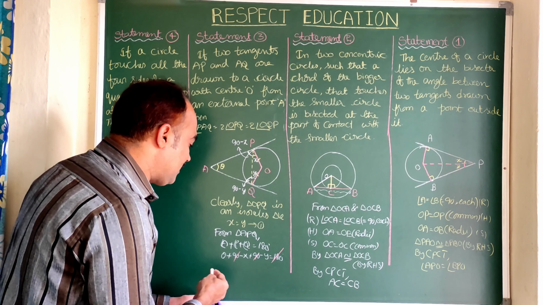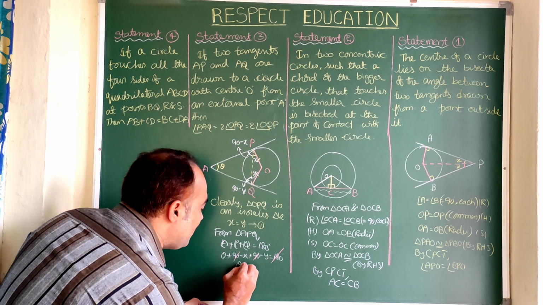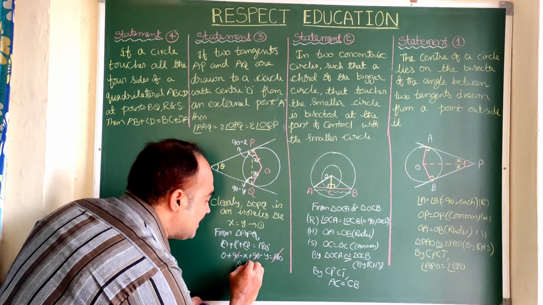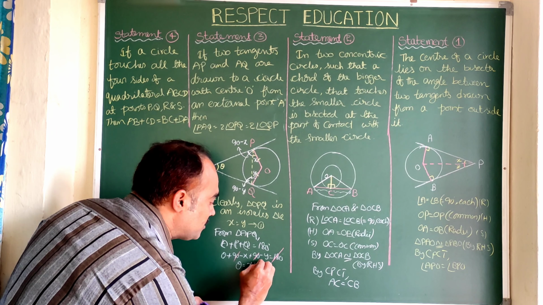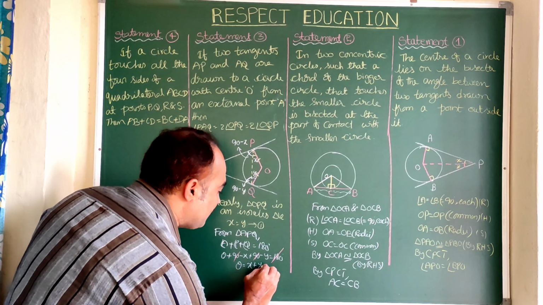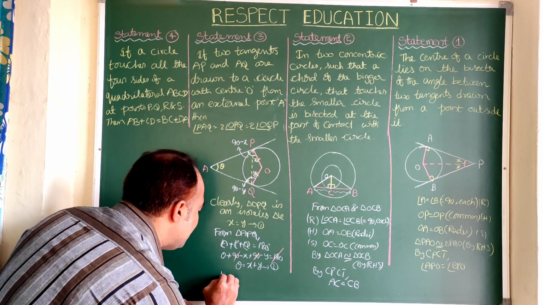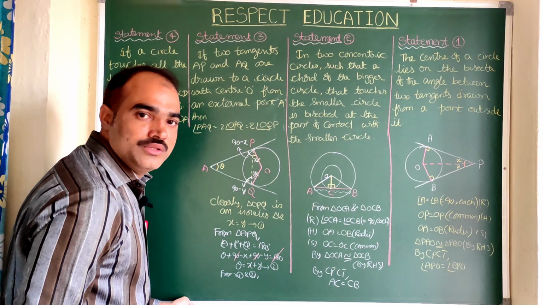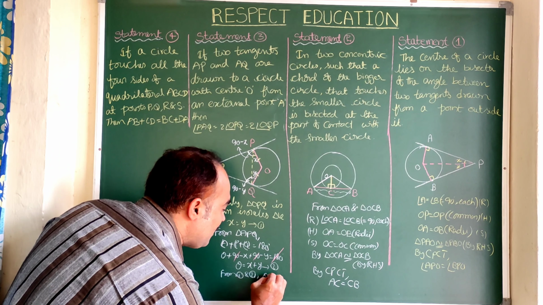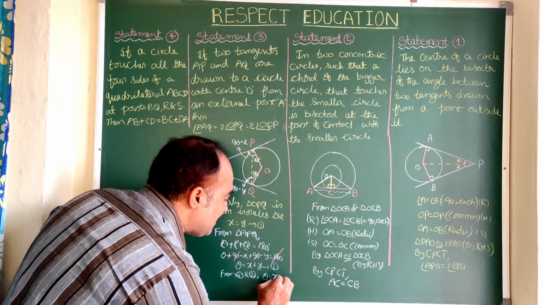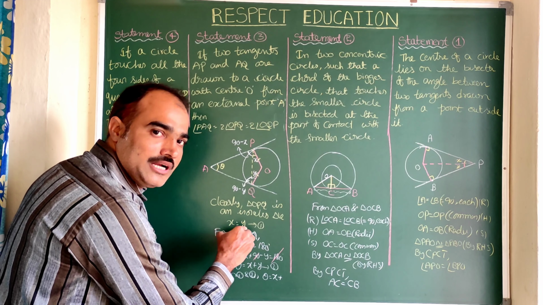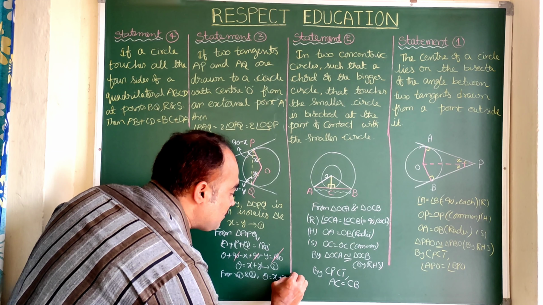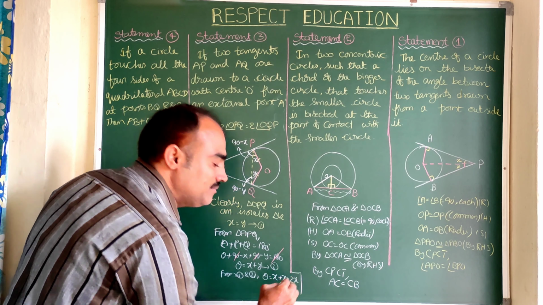Now let us see what is left. Theta is equal to negative x, and that side it is positive x, negative x, and that side is positive y. This is equation number 2. Now you see from 1 and 2 we can conclude that theta is equal to x plus, in place of y, let us write x again because y equals x. So it is x plus x, which is equal to 2x.